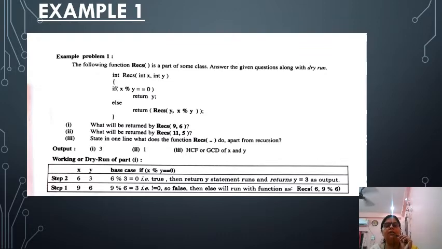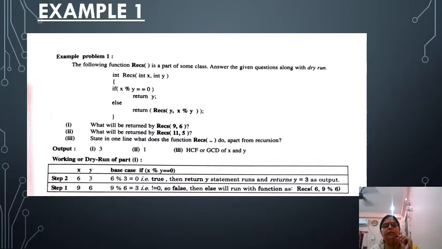What will be the answer when the values are 9 and 6, and what will be returned if 11 and 5? And the third question is: state in one line what the recursion does. See, the base case is if x modulo y is 0. If x remainder is 0, then true, the return y statement runs and returns 3 as output.